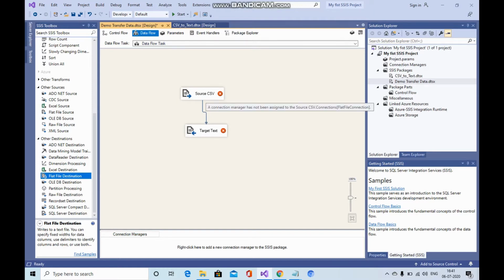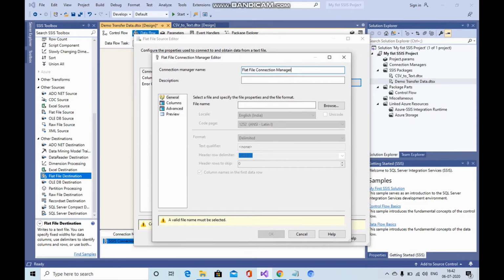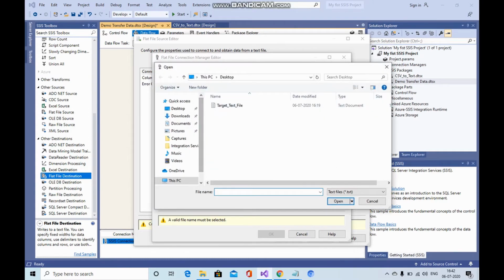The first step, once you complete your workflow, is to double click on the source CSV. Under the flat file connection manager, there is nothing actually. So we have to create two connections, one for source and one for destination. Let's go ahead and create a new connection, which is a flat file connection. You can rename this connection manager to source connection, for the CSV source. You can select the CSV file from your local machine or through your network drive or wherever. Just select this CSV file and click open.